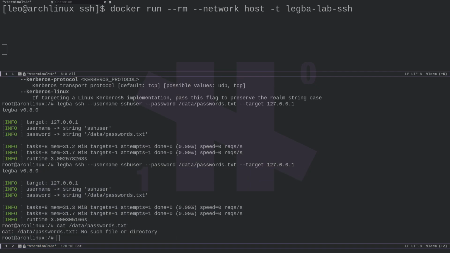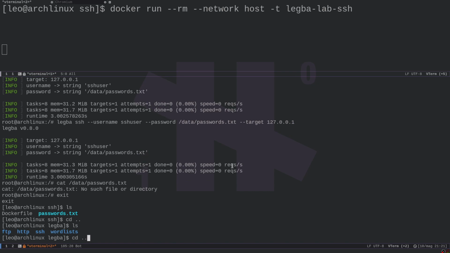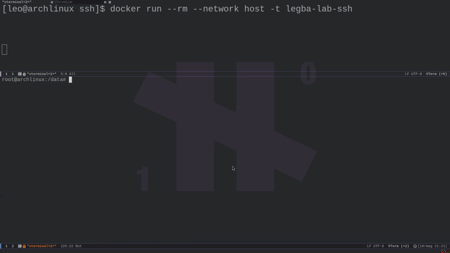It tells us, okay, apparently it didn't work because it did not find the correct folder. So there is an error here, and the error probably has to do with how I executed this. So I think it's, let's say, current work directory /data. Okay, let's do the same command, but let's do the word list, and then say /data. What about this? If I go into /data, okay, now I have the password.txt, so now I actually have the word list. And now if I execute, so legba ssh, username ssh_user, password /data/password.txt, and then I say target